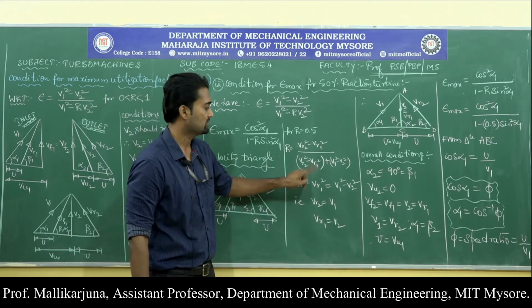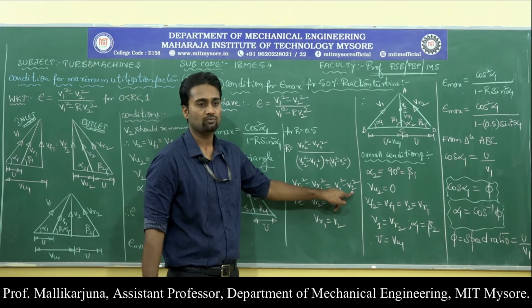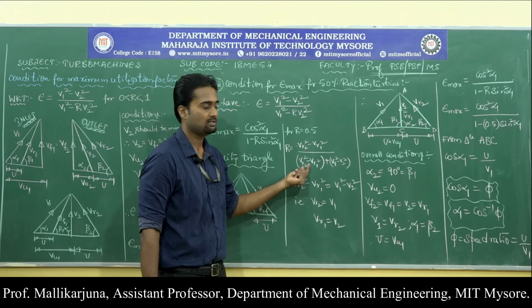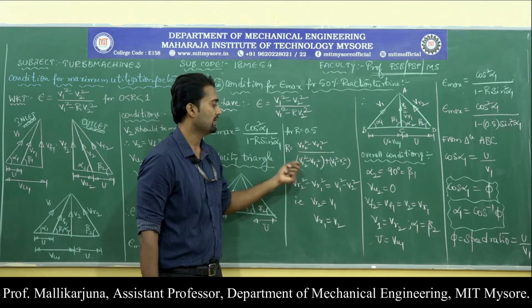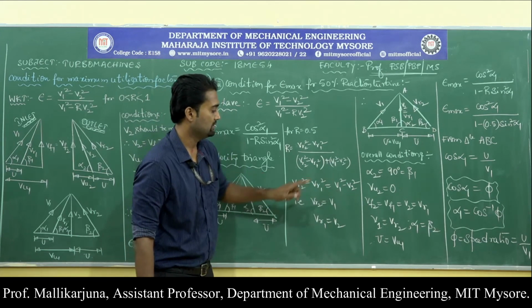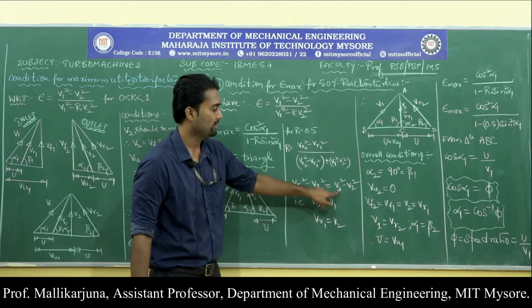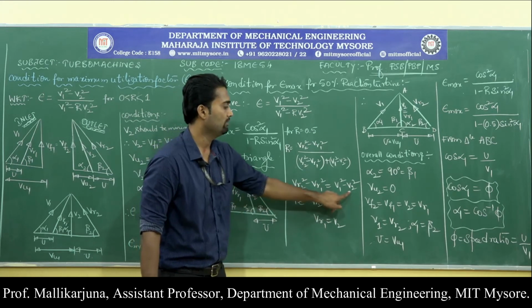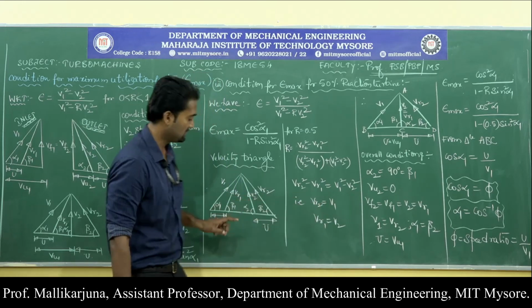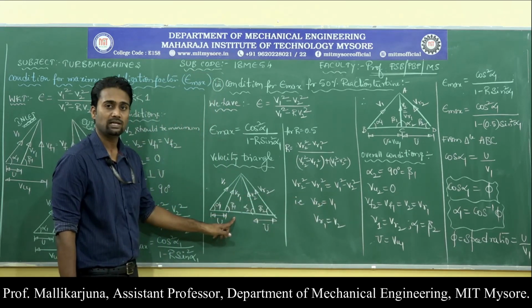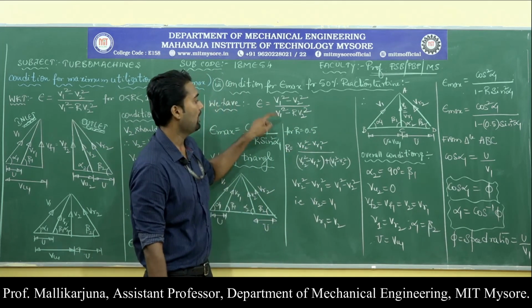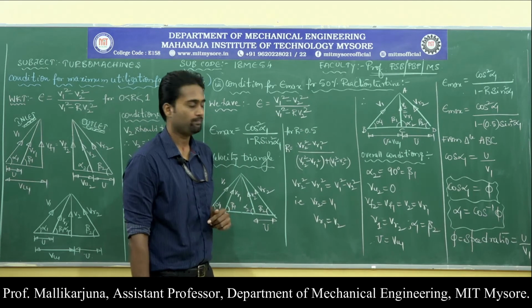VR2 square minus VR1 square should be equal to V1 square minus V2 square. If I make these two equal, so that I will have 2 times of this, these two components will get cancelled, so that I can have half. So by making this condition, we will come to know that VR2 will be equal to V1 and VR1 will be equal to V2. So this is the condition that needs to be substituted into this general velocity triangle, so that I can get the velocity triangle for R is equal to 0.5.